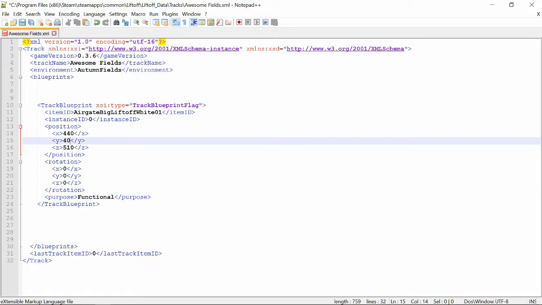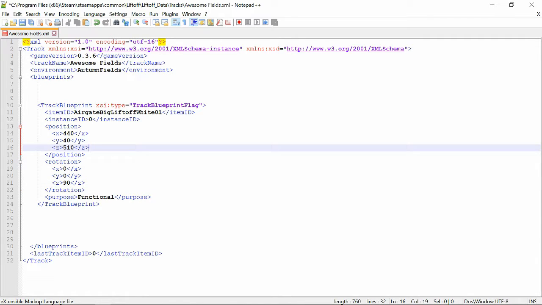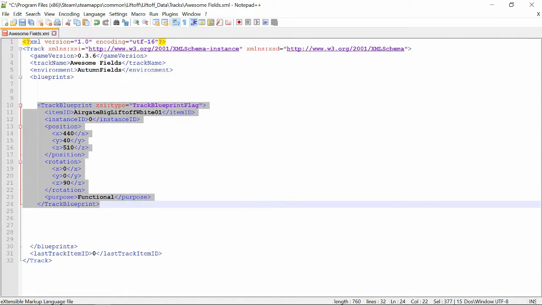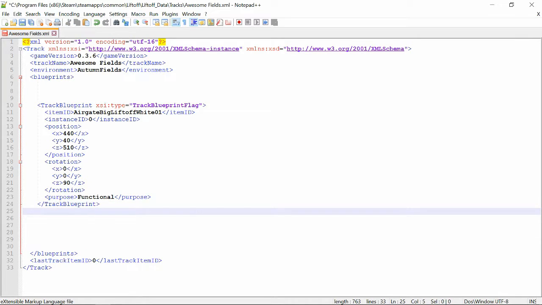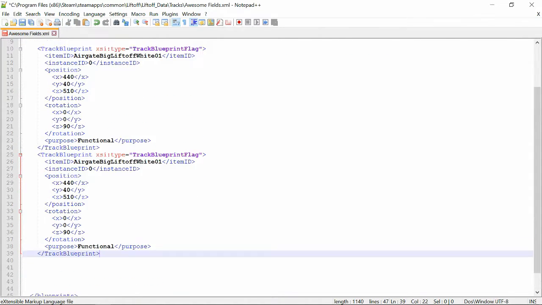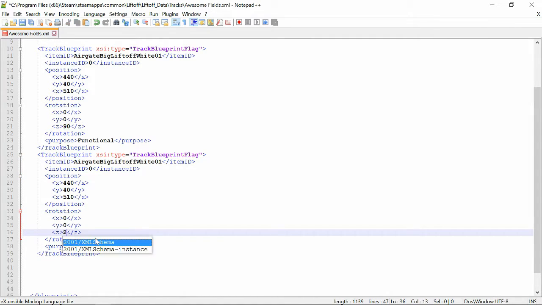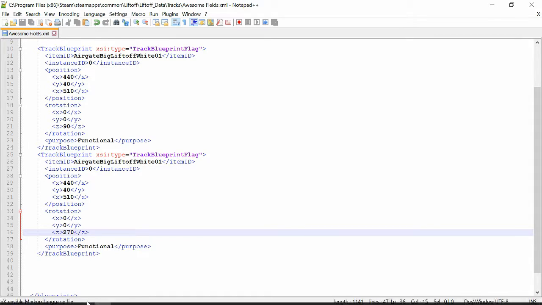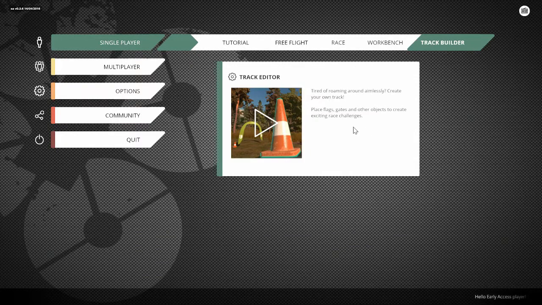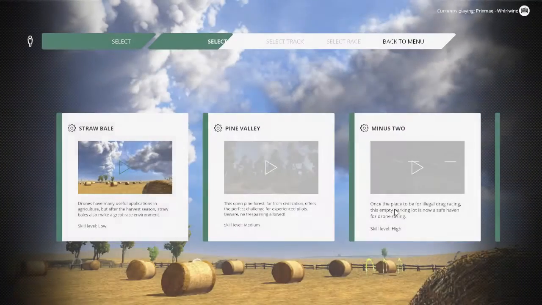And then the next thing we're gonna do is change this to 90. Right, so we're gonna rotate that gate, and then we're gonna copy this and paste it. Now these are gonna exist in the same space, but what you're gonna do at the bottom one is rotate it to 270. So if you go 0 to 360, one's at 90, one's at 270, and this is what you're gonna have in game. So after you save that, take a quick look